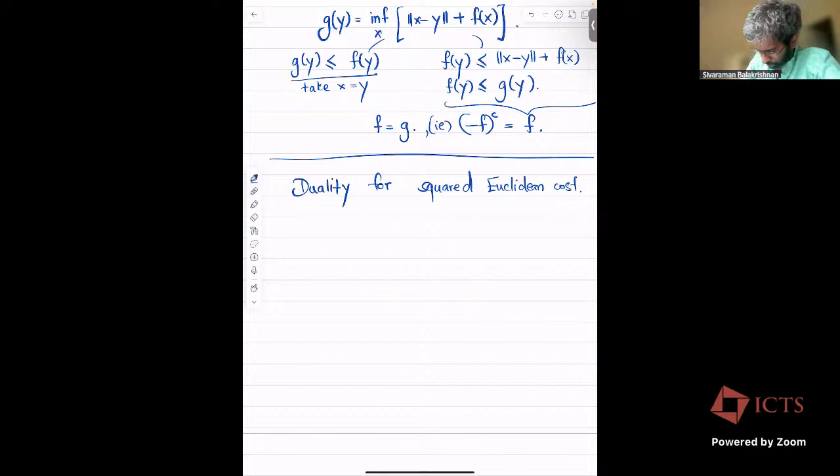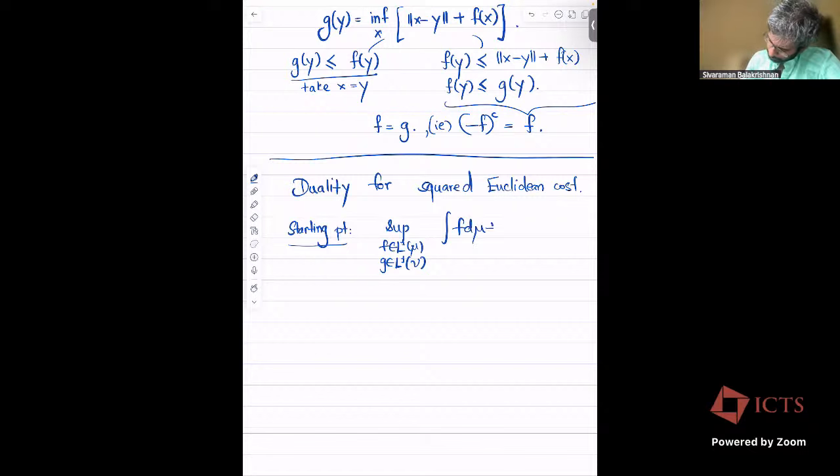So let's just remember our starting point. Our starting point is the general Kantorovich dual. Right? So we know that the dual has the form: you take the sup over f, which is an L1 mu function, and g, which is an L1 nu function, of the integral f d mu